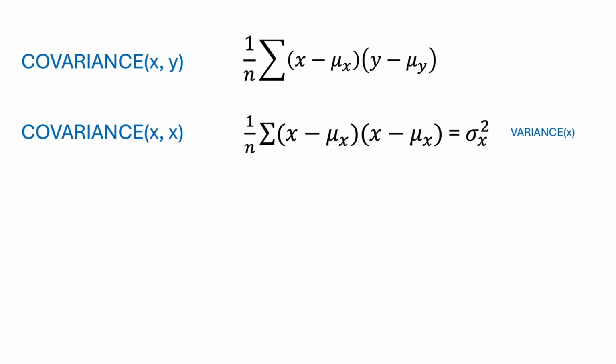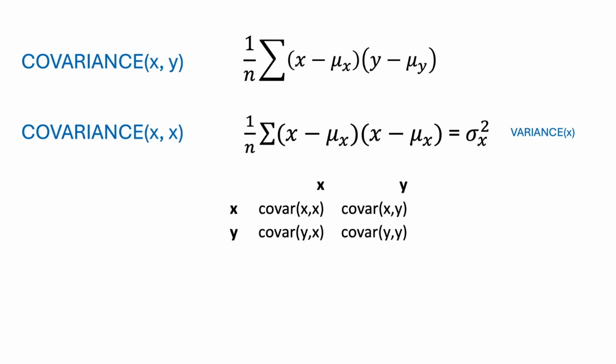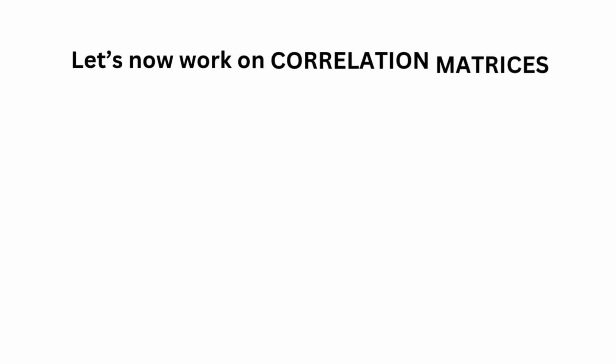Now, since we will be working with two variables only, we'll get a 2 by 2 covariance matrix to get all the pairings required. And let's take a look at this table to see what that looks like. By the way, we actually solved this before using the covariance matrix, but now we prefer using the correlation matrix to compute the principal components.